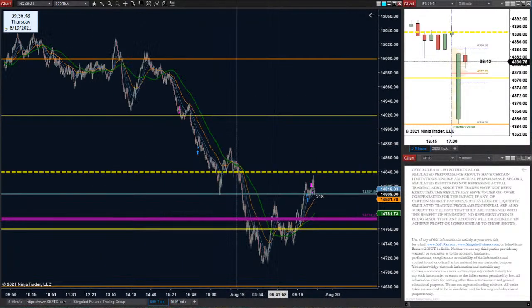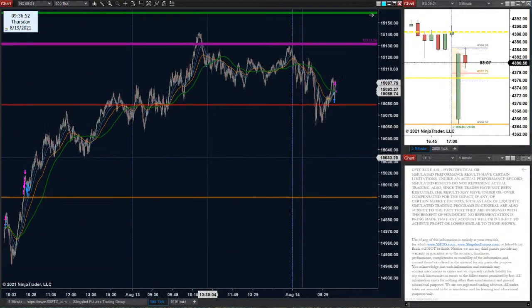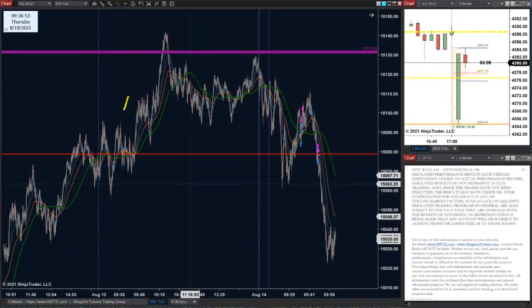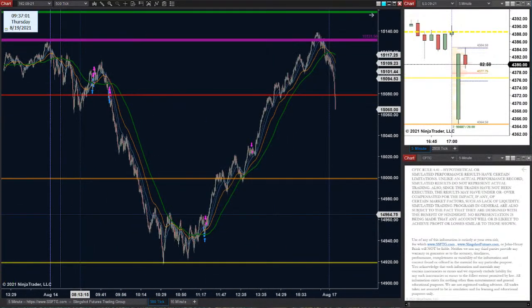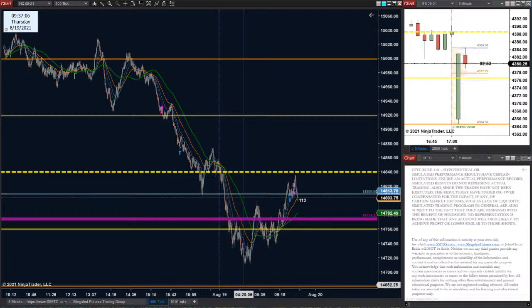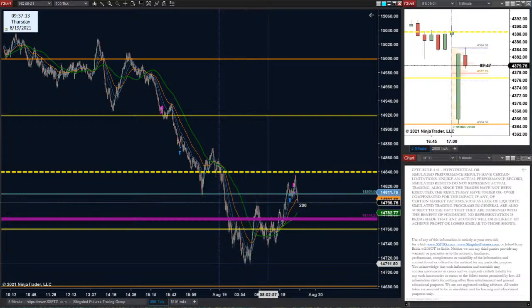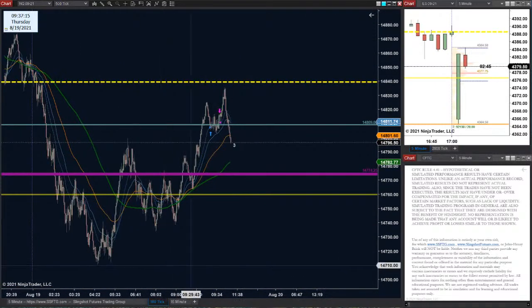This is very similar to what happened the last time around on the purple line up at the top. Remember the last time the market came up to that purple level, they cycled above it. This is the top of that big bear bar. Came back underneath it, held inside, and then just absolutely got obliterated. So now that we're down here, the market tried breaking underneath, and we've now flown back up. My first assumption is look for support here. But this is a heck of a drive down.